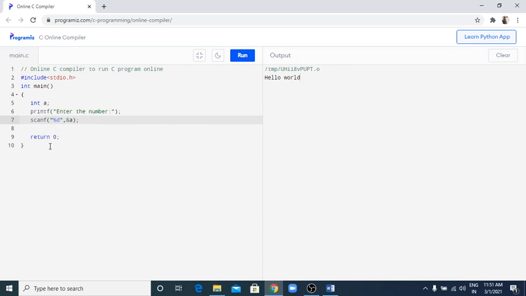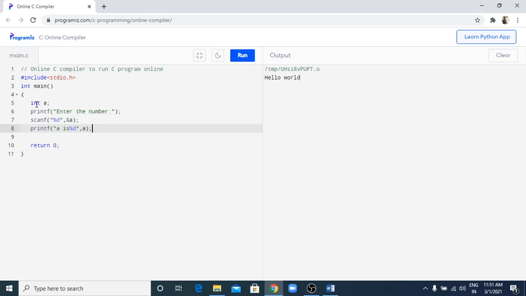So friend, when we print the value of a, here we take the value of a through the keyboard. Now we print the value of a. With the help of printf we print: the value of a is %d, because it is integer type. Then a comma, and here the value will be a. The value of a will be printed here, and here we give the semicolon. Now this program is completed.